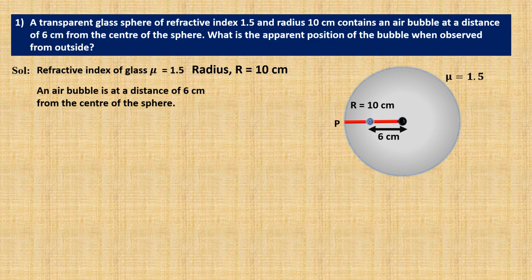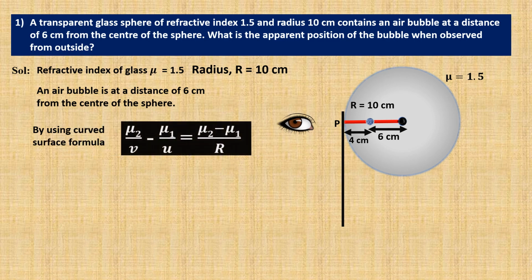Now, let P be the pole of the sphere and all the distances are measured from this pole, and air bubble is at a distance of 4 centimeters from the pole of the sphere. Now, if the observer observes the bubble, then what is the apparent position of the bubble? That means where the image of the bubble is seen should be found. Now, this problem can be solved by using curved surface formula, that is mu2 by V minus mu1 by U